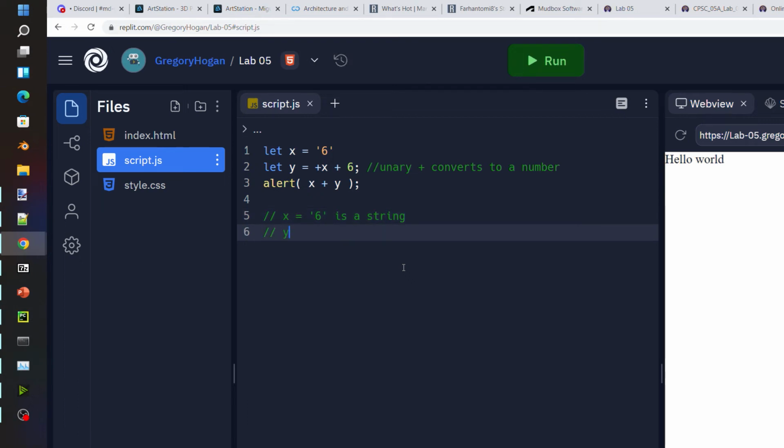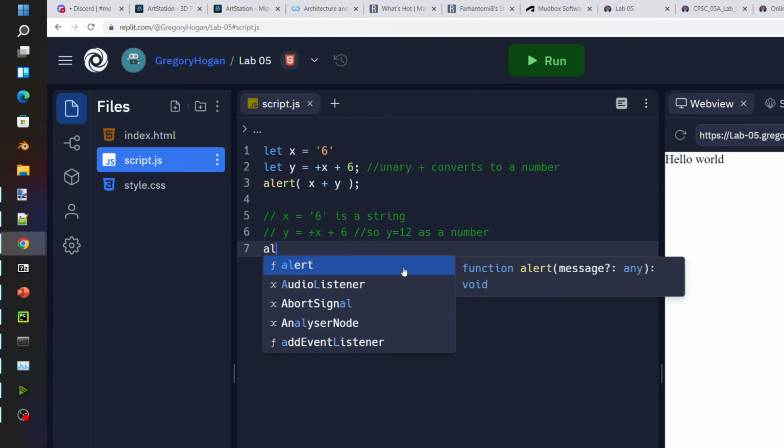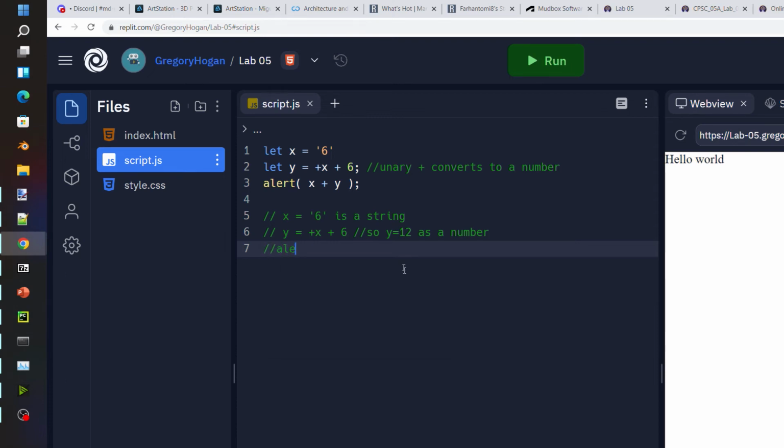Then when we do y equals plus x plus 6, what should happen is the x should be converted to a number. So it's the number 6 plus the number 6, which is going to be 12. So y is going to be 12 as a number, not a string. Okay. And then when we do the alert,